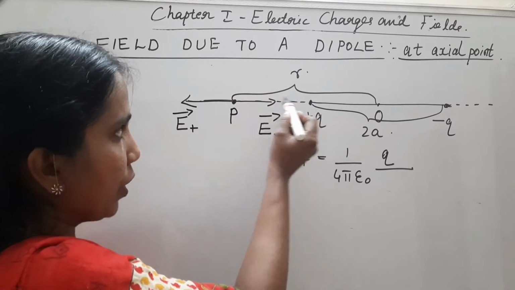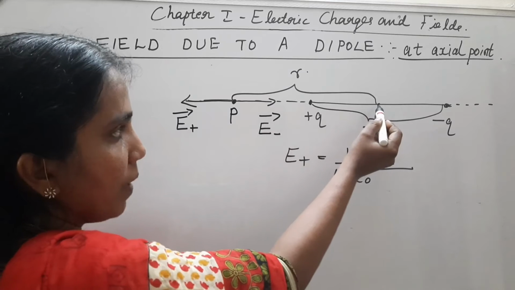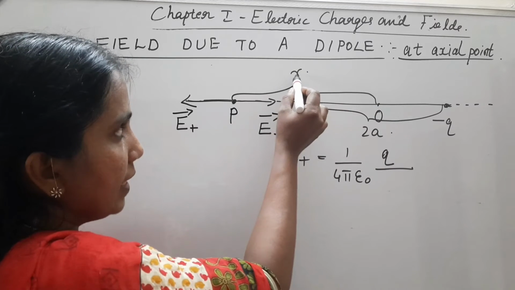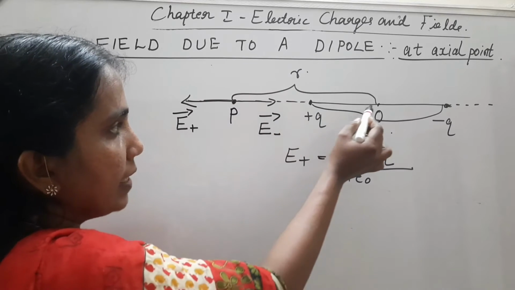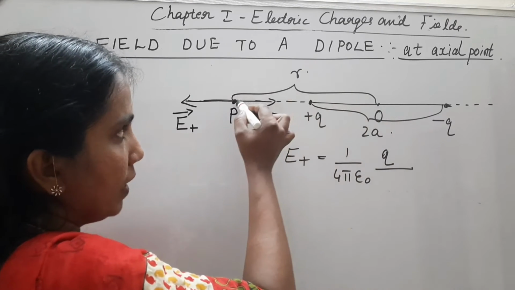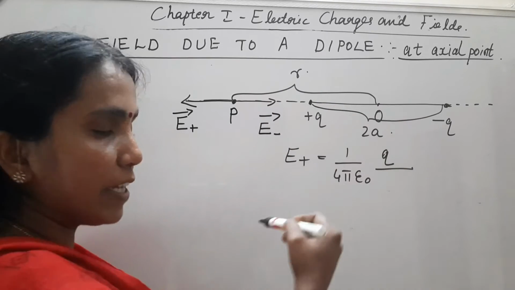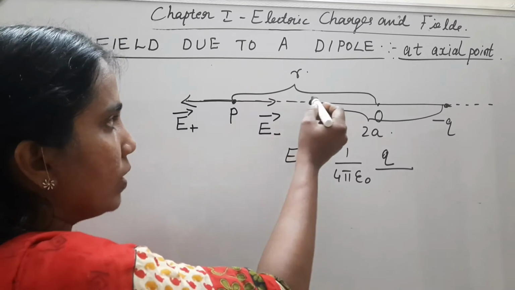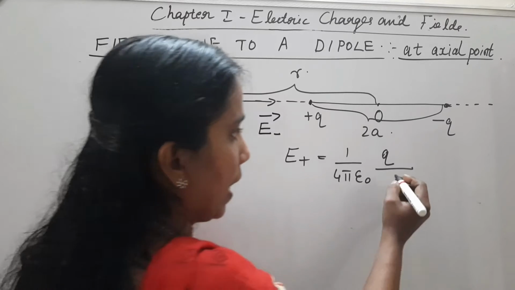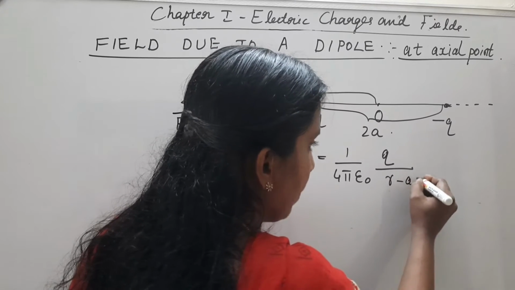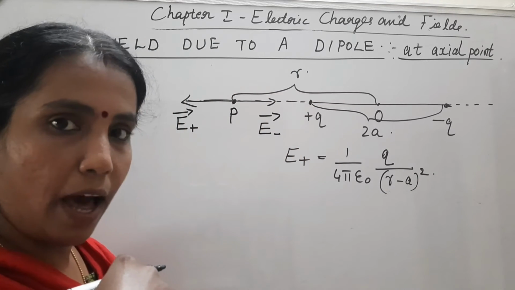The charge positive Q is at a distance R minus A, because from the center to the point P, the distance is R. So from the charge plus Q to the point P, the distance will be R minus half the length of the dipole. Half length of the dipole is A. So the distance of the point P from the positive charge is R minus A. So the expression for E plus becomes 1 by 4 pi epsilon 0 into Q by R minus A